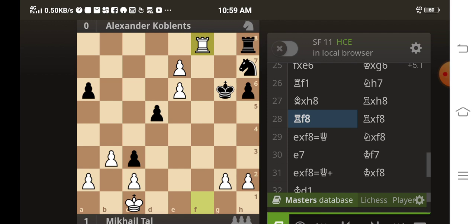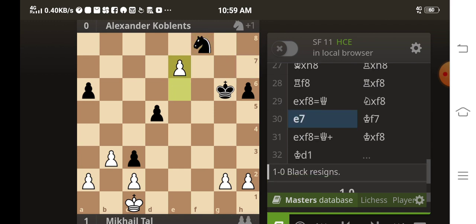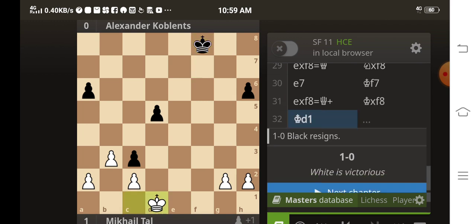Now comes the stunning move, that is rook to f8. Rook captures on f8. Pawn captures on f8 and promotes into a queen. Knight captures the queen. Pawn to e7 and king to f7, and pawn captures the knight, and once again pawn captures on f8 and promotes as a queen, and king into f8, king d1, and here black resigns, and